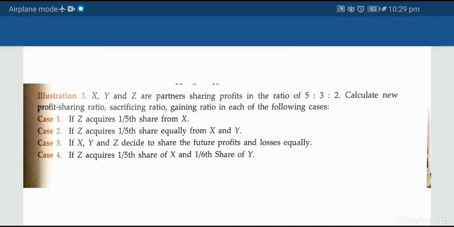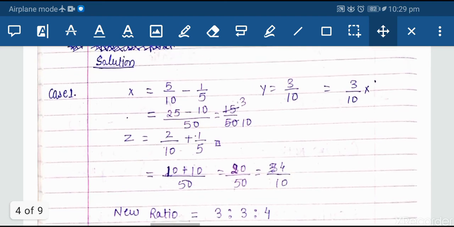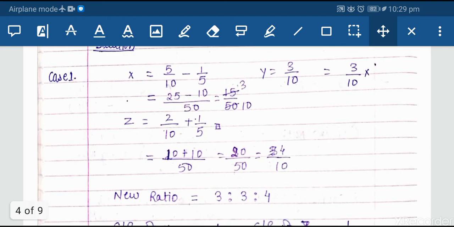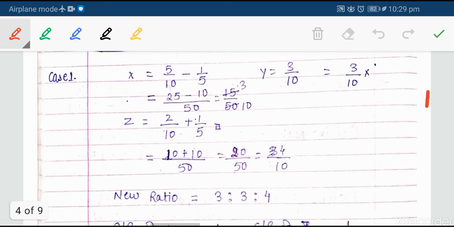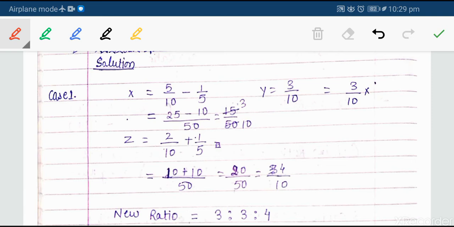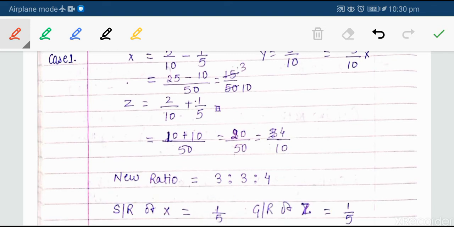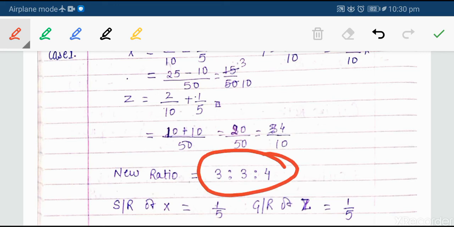Okay, so we will be moving to another thing, that is your question that is being given here. In this question also I have done it like this only. The way I have calculated things is quite different, because I don't want to go for that LCM part. So I just cross multiplied all these things. I multiplied the denominator 10 into 550, and then I multiplied this one and this one like that, cross multiply, so that it is easier for me to save time. Otherwise it will be tough to go for the LCM and all these things. So the new profit sharing ratio comes to be 3:4.